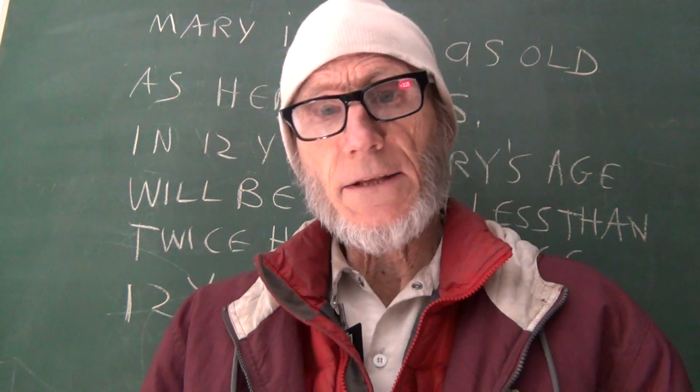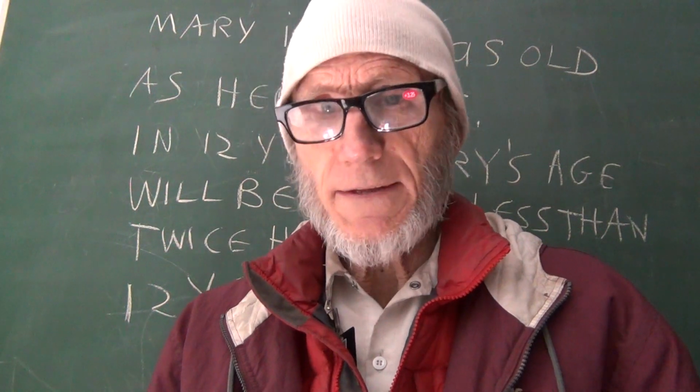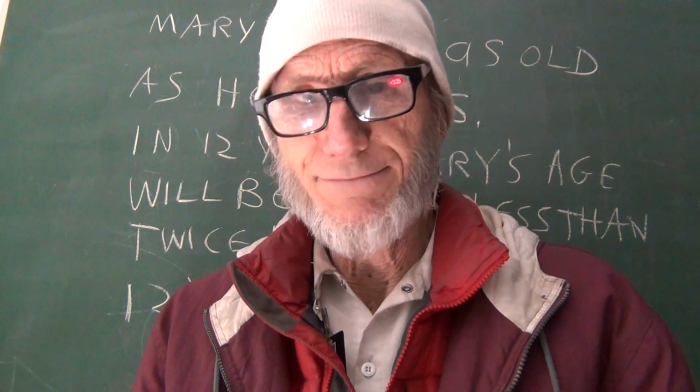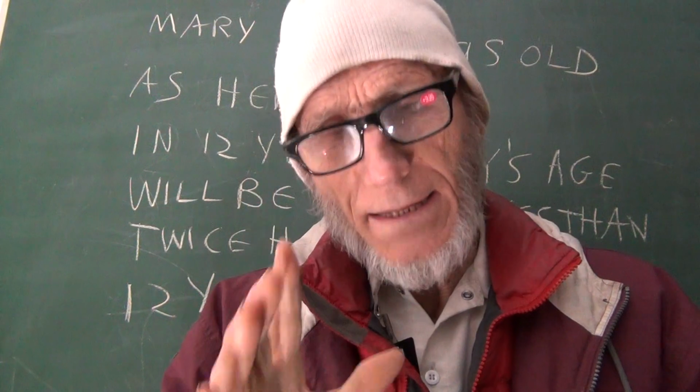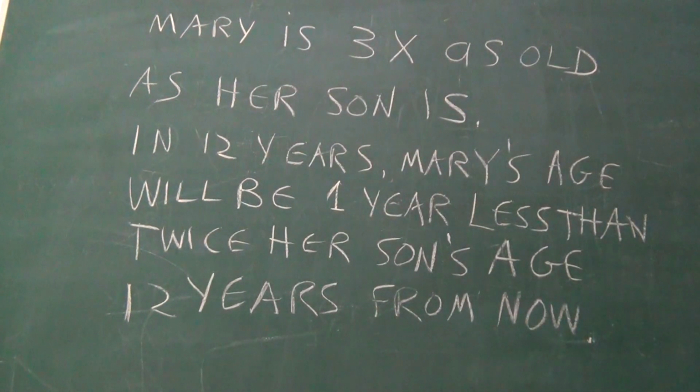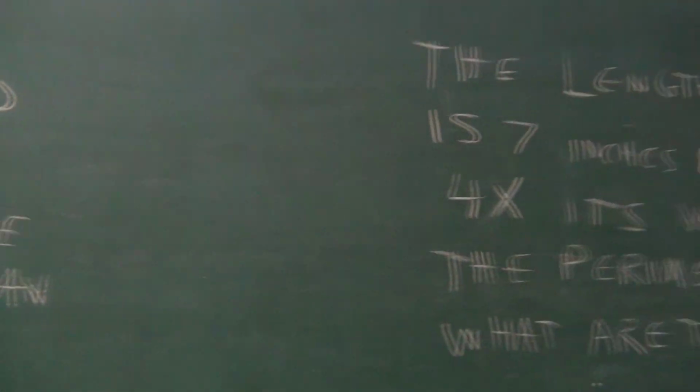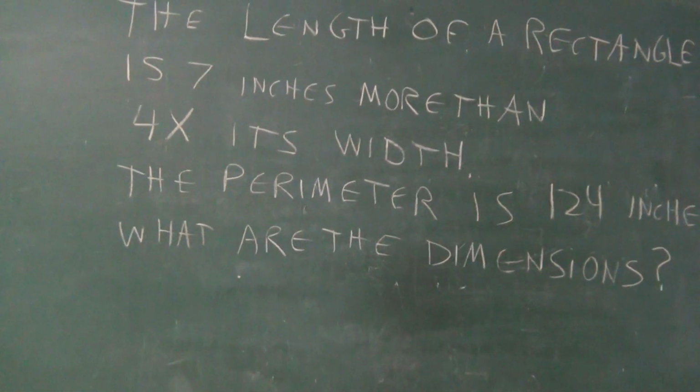Here's a pretty challenging problem for you. In fact, it looks so challenging, you might say, I can't even do that. But let's work up to it. Here's the whole challenge. Mary is 3 times as old as her son is. In 12 years, Mary's age will be 1 year less than twice her son's age 12 years from now. How old is Mary? Well, instead of trying to tackle that one straight, let's try one that is a warm-up